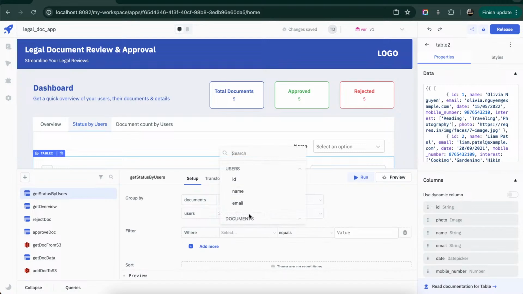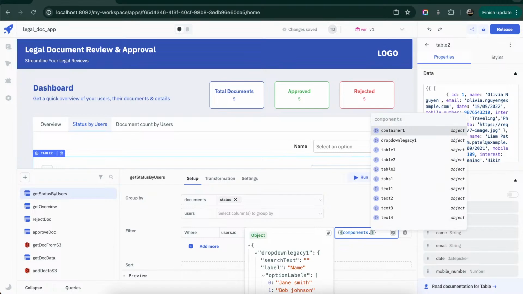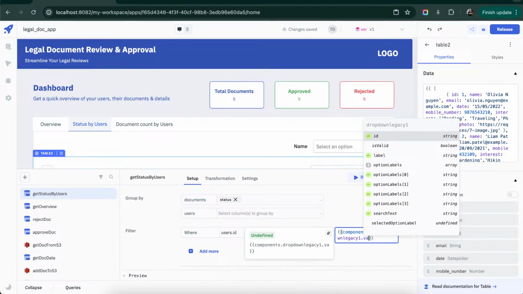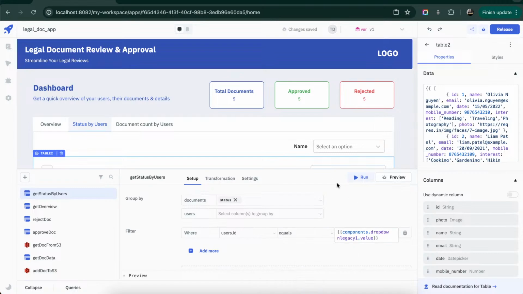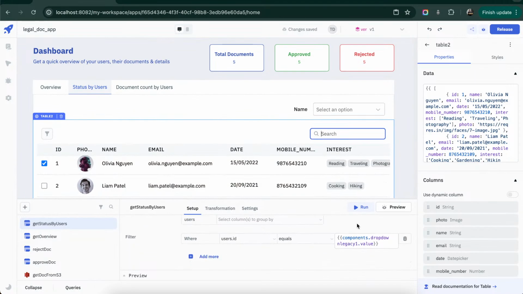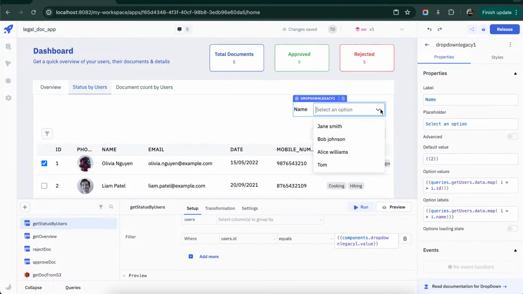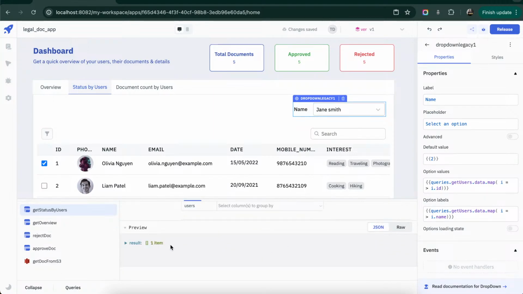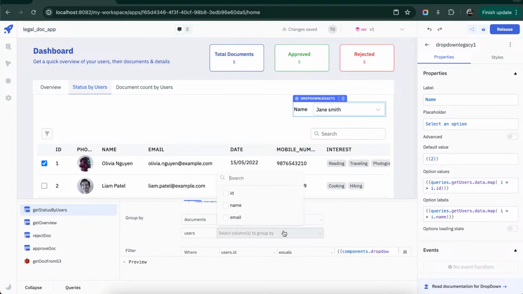What we want to filter is user ID should be equivalent to what we select in the drop down, so it should be component dot drop down dot value. Okay, cool. And yeah, make sure I select one first, and if I go and run, it gave me a result. Okay, and it gave me document count and status. All right, so we are getting users also we need,